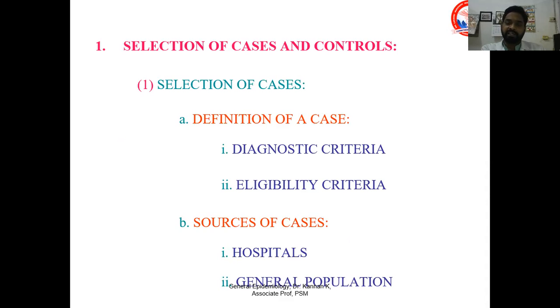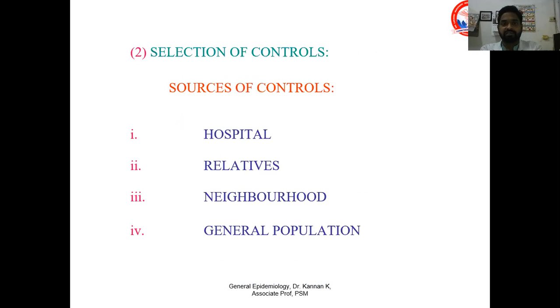study. And eligibility criteria to select a case: they should have been diagnosed in recent days, or within a short duration, or they should not have any complications like that. We should have some eligibility criteria to select the case into the study group. Then source of cases, it can be from a hospital or from a population. Hospitals like cancer hospitals or any super specialty hospital, where we can find rare disease in the same place. Or if you want to do it in a general population, we can do that, but it is more difficult when compared with hospital source of cases.